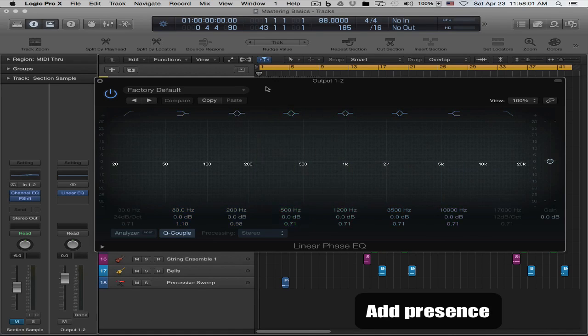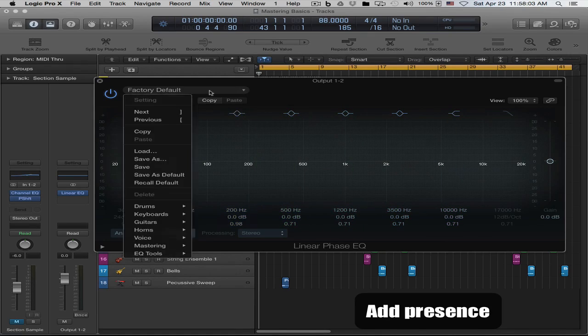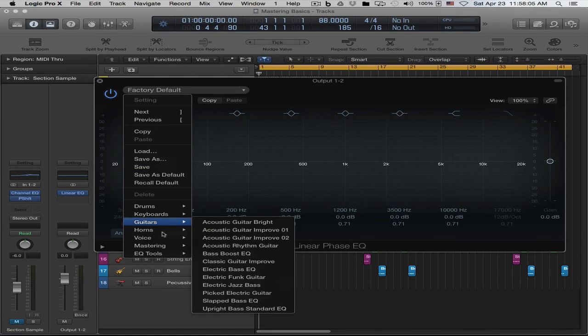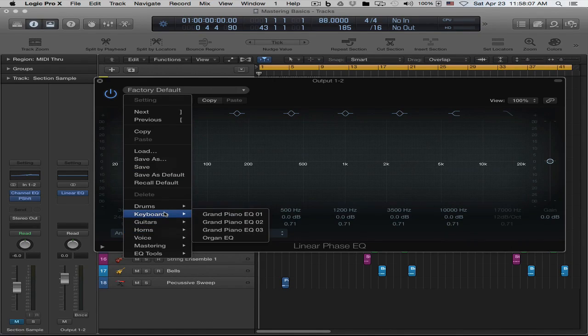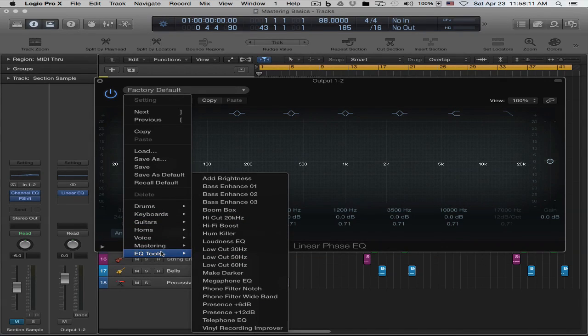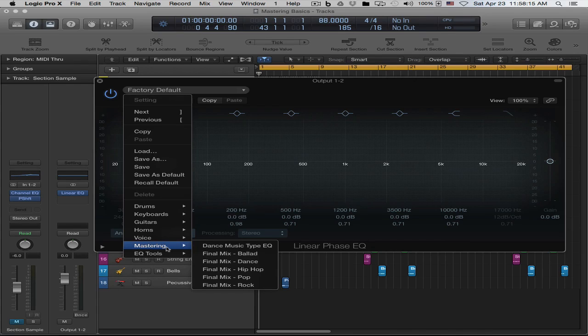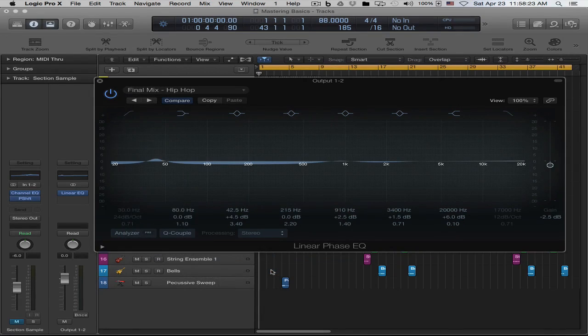And for this, as with everything else in Logic Pro or in any DAW, you have presets. In this case, you can go to EQ tools. No, sorry, mastering, obviously. And there are already a few presets here. I would suggest that you start with the Final Mix Hip Hop preset. Not just because it says hip hop, but just to see what it does. As you can see here, it's